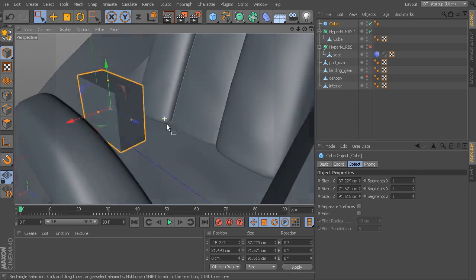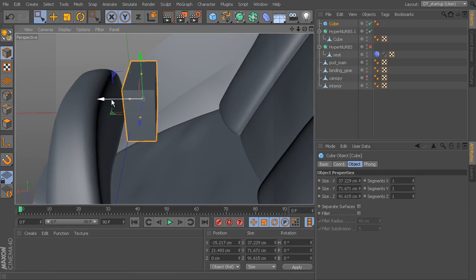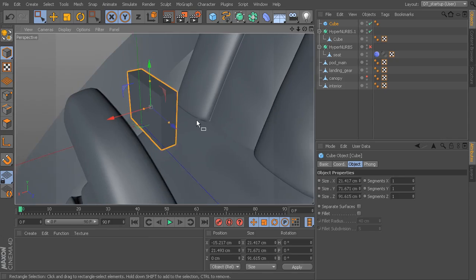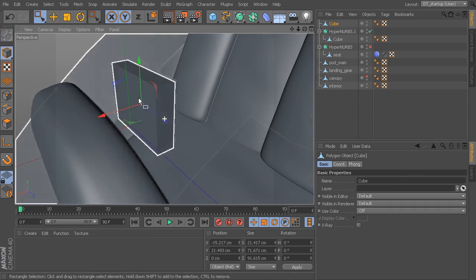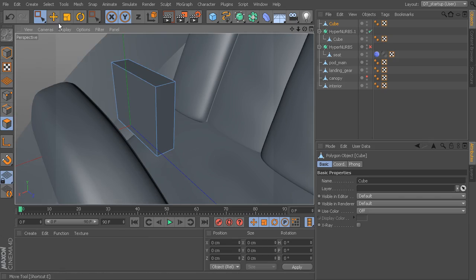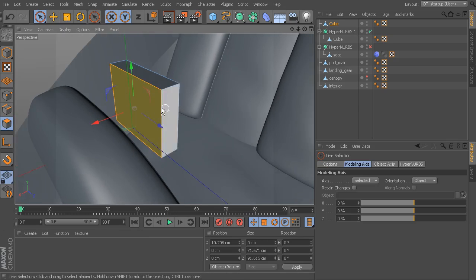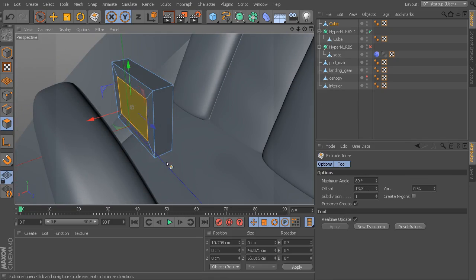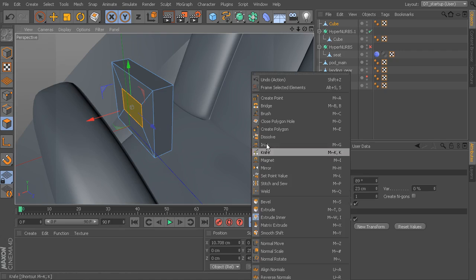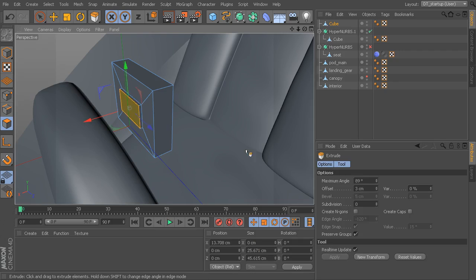Okay, kind of move it into a rough position here. Okay, let's go ahead and, without adding any segments, just make this editable. Let's grab the polygon on the back. We will do a quick extrude inner. Then we'll do a quick extrude and another extrude